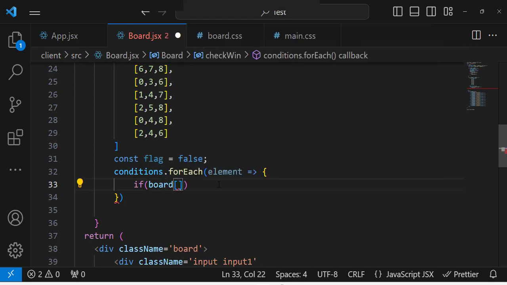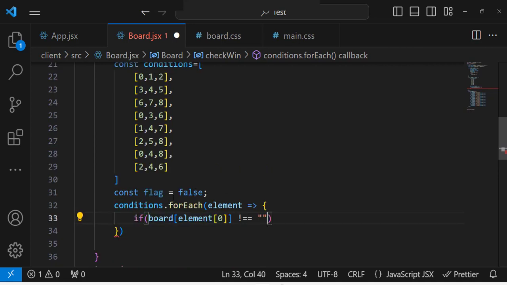The board element at index 0 is not equal to empty. I will show you what it will check. First of all, we used a forEach loop, so it will give us an element. It means the first time the forEach loop goes through these elements, it will give us this array. Then we will check the 0 index, whether it is not empty, and